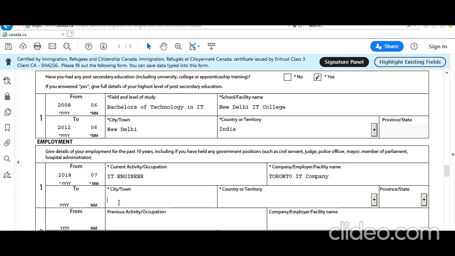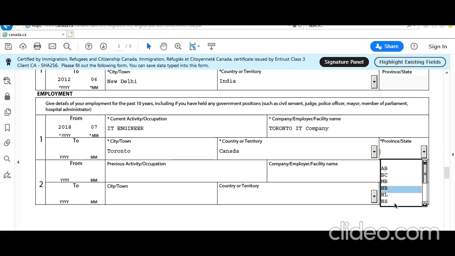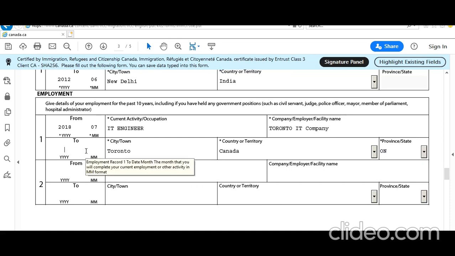City, town, let's say Toronto. Country, Canada. Province, Ontario. Okay, and before that, to 2020. Let's say you can put current month also, that's not a problem, or you can skip also, it's not mandatory initially.